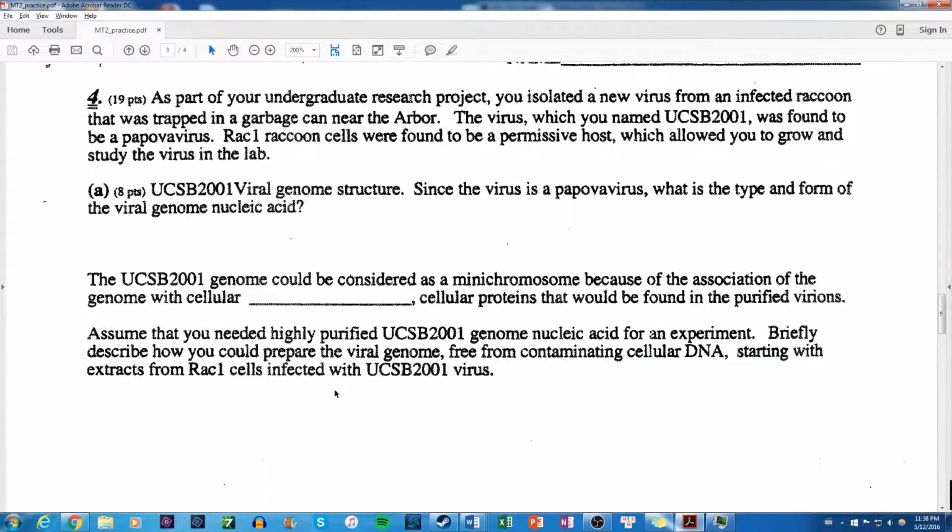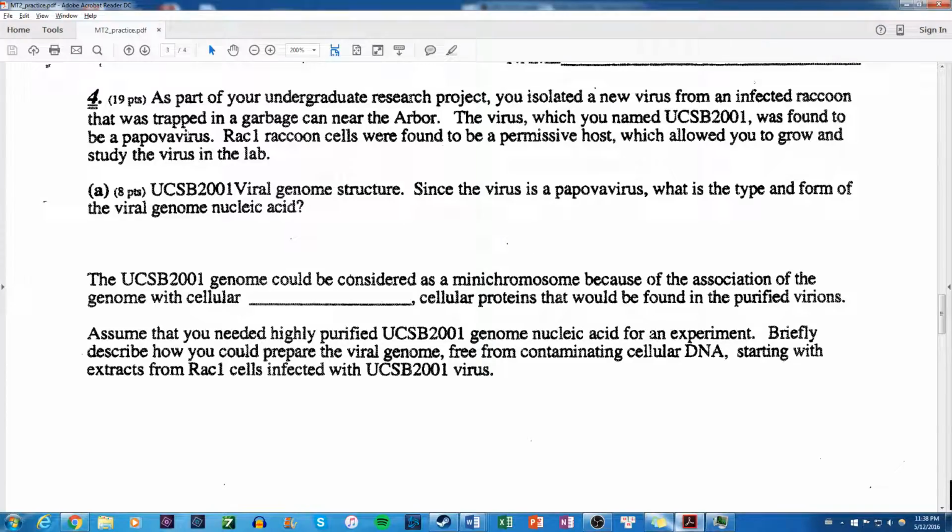Now on to question 4. So basically, hypothetical situation. You're doing what I've always wanted to do but couldn't. You're an undergraduate researcher, and you find a new strain. Hooray! So you know that this strain, UCSB 2001, can be grown in a raccoon cell, and that raccoon cell is permissive, and it's a